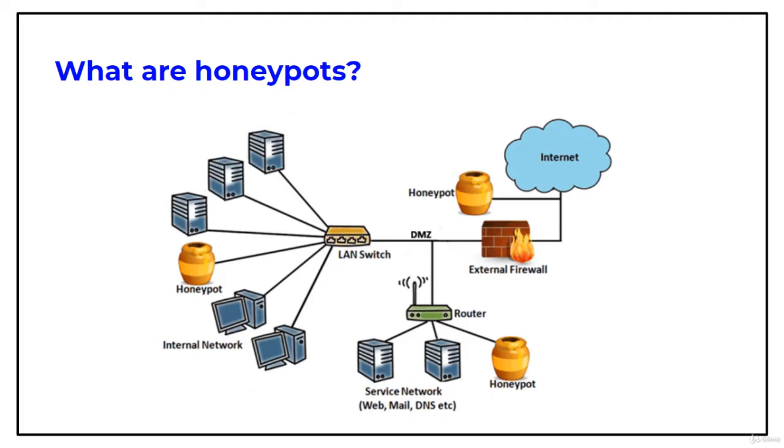Now, once the hackers are in, they can be tracked and their behavior assessed for clues on how to make the real network more secure. Honeypots are made attractive to attackers by building in deliberate security vulnerabilities. For instance, a honeypot might have ports that respond to a port scan or a weak password. Now, vulnerable ports might be left open to entice attackers into a honeypot environment rather than the more secure live